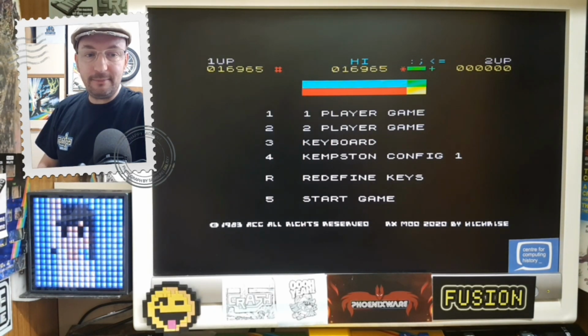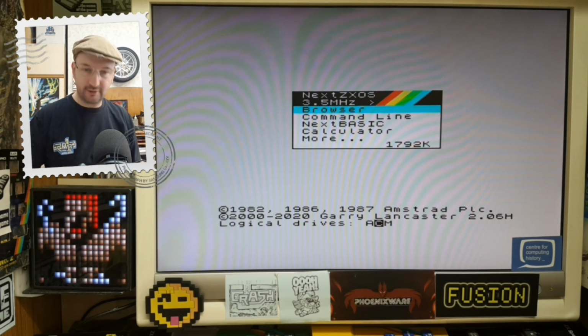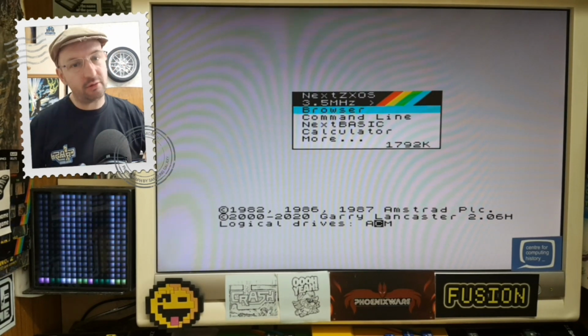Let's have a look at the next game. I'm just reading through the latest Crash magazine, of course, and, oh, I'm going to show you this. This is going to be mirror imaged, but if you want the original image, go and